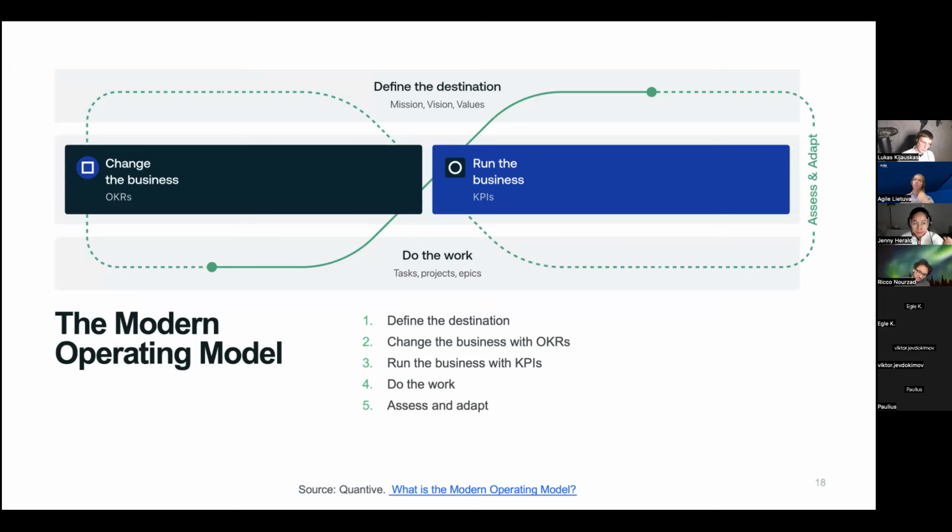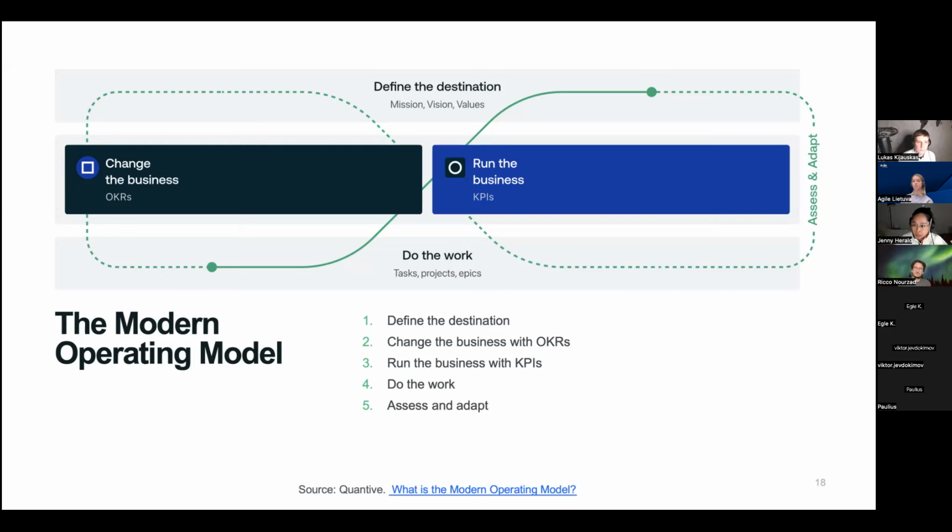Those are the KPIs. But we also have to change that business. And that is in the form of OKRs. And so they work in tandem together. And what leadership does is they define the destination and make sense of the series of choices strategically that the business should make. And as your teams are doing all their stuff, they're keeping an eye to make sure that things aren't going off the rails from existing business ops. And then we're using OKRs to elevate that, to grow it, to advance it, to add something net new. And then there's a bunch of work that happens to drive to those outcomes.